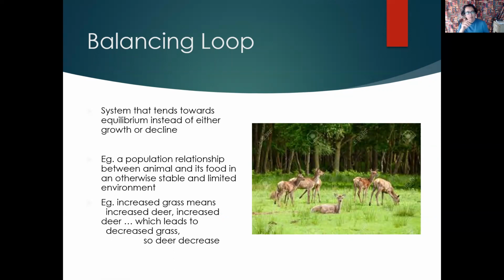So if you have a certain amount of grass and the deer population increases to the extent of that grass, and then you have a bad year, or else there's just overgrazing to the detriment of the grass species, and then you have a die-off, and then you have more than adequate grass the next year after there aren't very many deer. So it is a balancing loop.